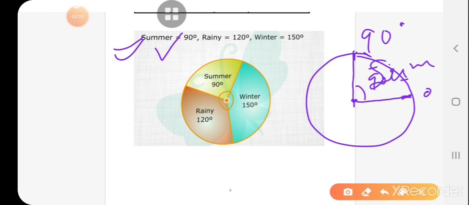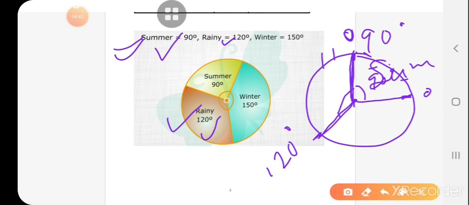Next you have to draw 120 degree, that means the rainy season. So again place the protractor, take 0 degree here, and go 10, 20 and so on until you find it. Suppose this is 120, so mark it and join this with the center. Then this angle is 120 degree, the rainy season, so you write it down as rainy season. Suppose the total number of seasons is 3, and two angles we have already drawn, then the rest of the angle is automatically 150. Otherwise, if you place the protractor taking 0 degree here, then you will get 150 degree here. Okay,